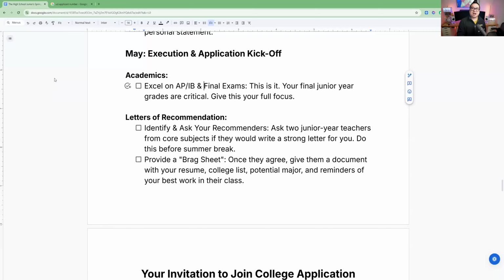2 APs in sophomore year, 2 APs junior year, you're maxing out what you could have done. Again, not fair, because what if you take more than that? It won't count. So the big mistake people make is they're like, oh, let me only take 2 because the other ones don't count. Why make life harder for ourselves? That's a huge mistake. Don't do that. The big thing that I, as a reader, am looking for is rigor of your schedule, meaning did you challenge yourself the best you could? And the second thing is grade trends. How well did you do in these classes?